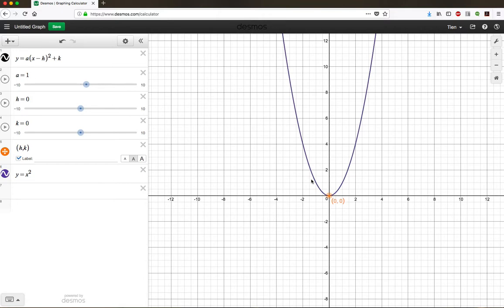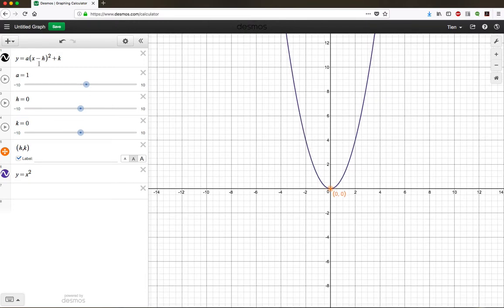So what I want to point out here is that this h, this k, and this a play very specific roles. And I want you to think of all of those things as some modification of x squared. So right now, this is the graph of x squared. That's what happens when h is 0 and these other two parameters are what they are. What happens if I change h? So if I make h a positive value,